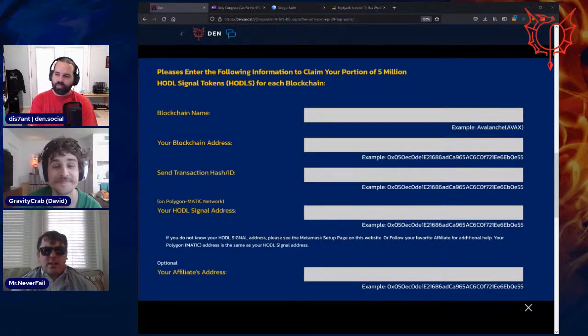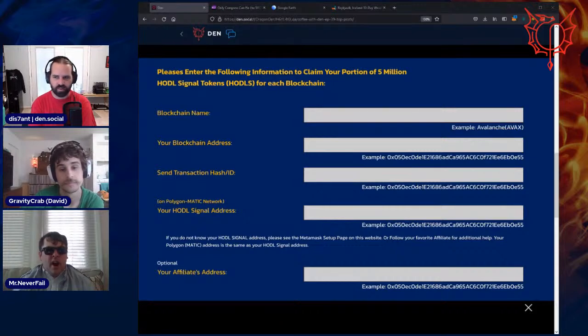So this was a question from Jacob Wayne about one of the new DAOs that are on Den called Hodl Signal. They've been working towards opening this up where you can go in and claim some assets that you already own. When you do that, they will airdrop their new tokens to you, so you can get in on this on launch without having to buy anything. They want to decentralize as quickly as possible. So they're saying, anyone who's been using any blockchain, I think they said they have about 250 of them,